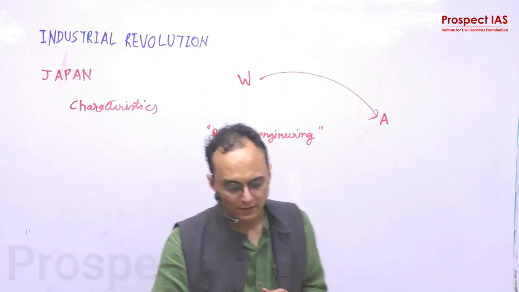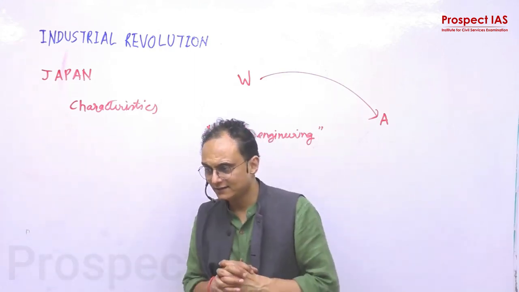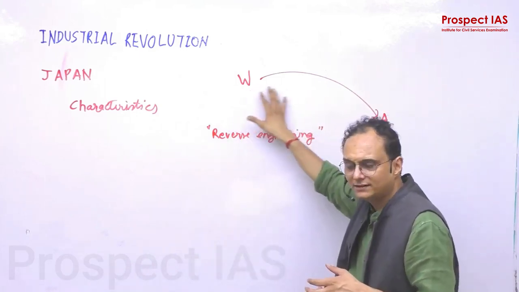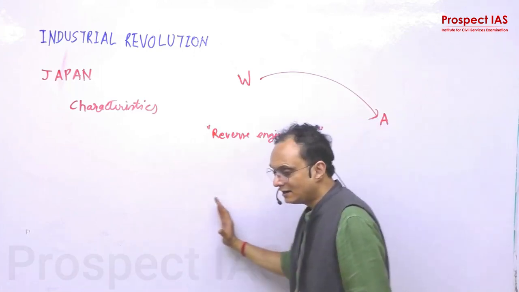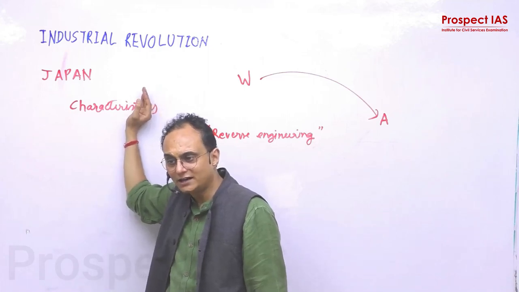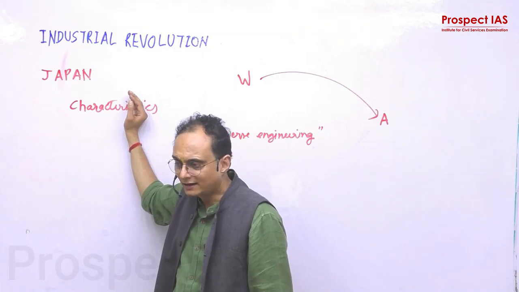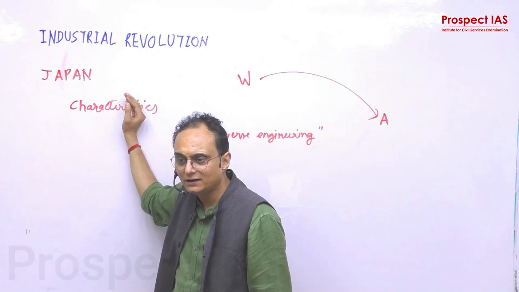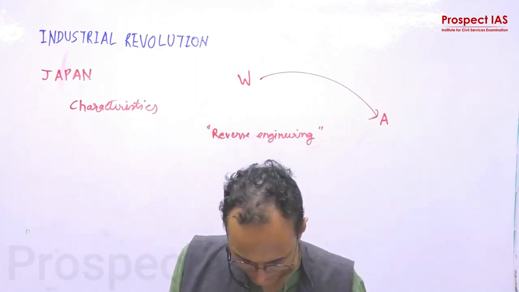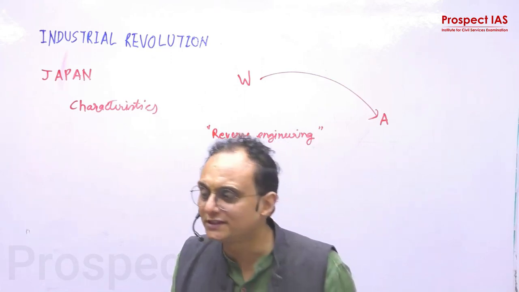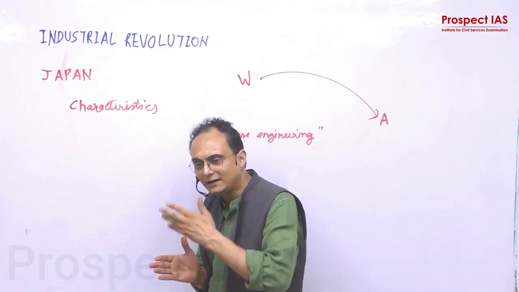Just take a pause here and try to connect it with the Asian context. Why did I emphasize this binary between the West and the Asian countries? Superior Western countries and inferior Asian countries. And when Japan rose up as an industrial country and started challenging, within 30 years, the Western dominance and monopoly, and created its own business, trade and commercial network with the Asian countries, it was a direct challenge to the Western monopoly and hegemony. Okay, number one. And it also boosted the morale of many nationalist elements